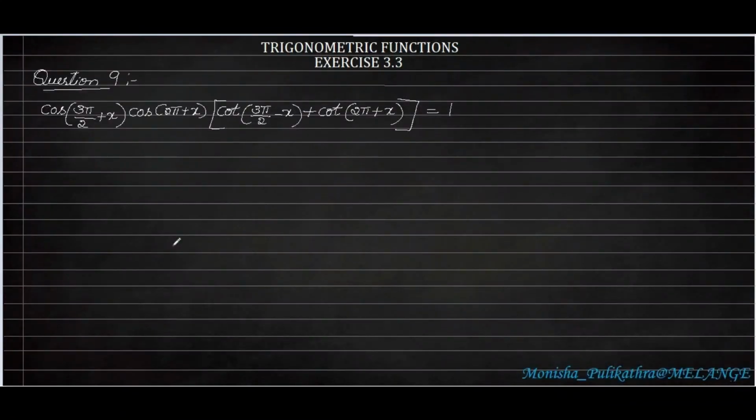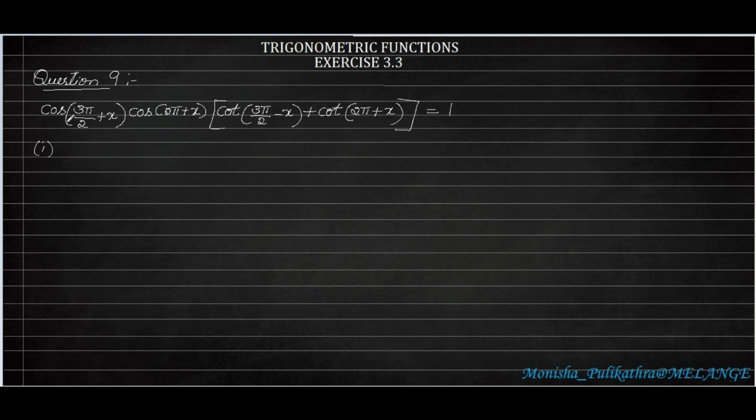So let us move on to the ninth sum. The ninth sum is exactly the same as the previous 8 sums. That is, we are given an equation where we have to prove that the LHS equals the RHS. After simplification, it should be 1. Here, for each and every segment we first have to get the values, and afterwards we have to simplify it.